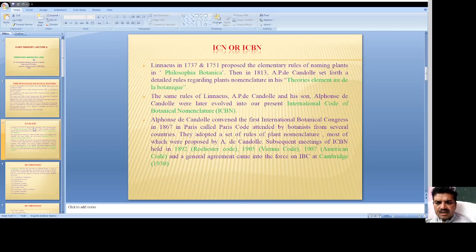On the other hand, on the other side of the Atlantic Ocean, the American people and scientists adopted a set of principles for themselves in 1907, and that is considered the American Code. And obviously, between Europe and America there was a confrontation, and no holistic agreement came, but in 1930 at Cambridge,